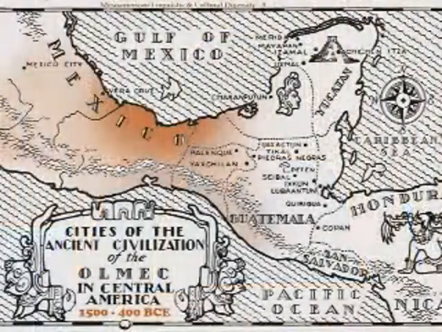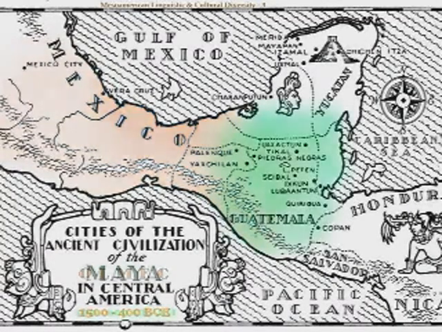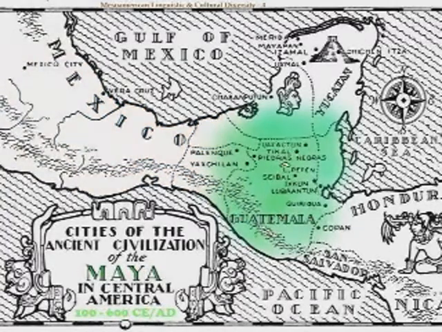To remind everyone about the progress of cultures in the Americas, here's where the Olmec, the mother culture, lived, basically between the time of Tutankhamun and Socrates. And the Maya lived here, with a completely different language. They were the heirs to the culture of the Olmecs in the same way that the French royalty is the heir to the Roman Empire, in the same way that Roman architecture is an heir to Greek architecture. But they're 1,000 years later.